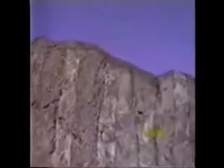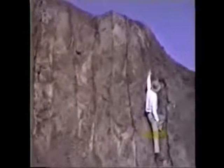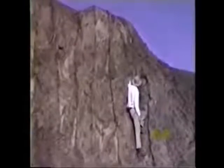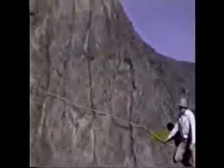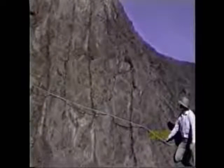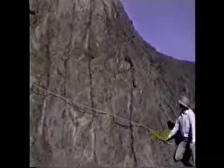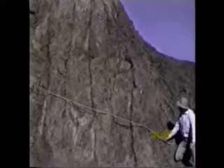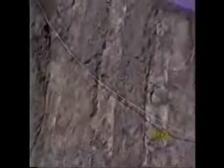Also, if you'll notice at the top, there's a difference in the color up there. And we'll shave this off here in a moment and let you see what we're talking about. Okay, now to help you visualize the external keelson that is on the model of the boat, we've strung this rope along here. Now, if we shave this off, it'll probably speed up the erosion process, but that rope is right along the bottom